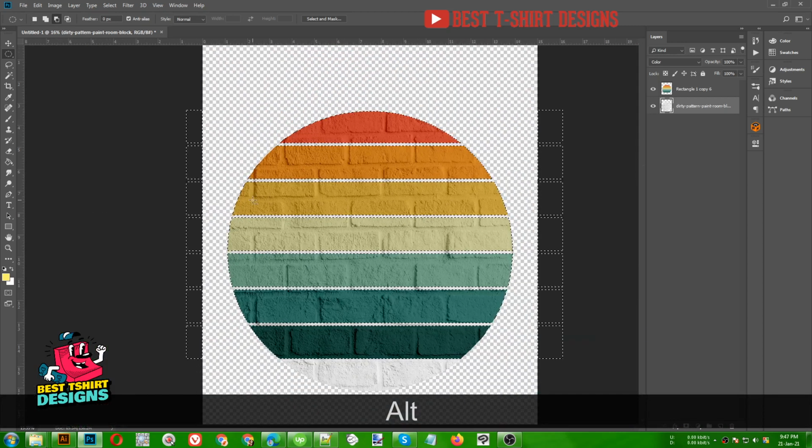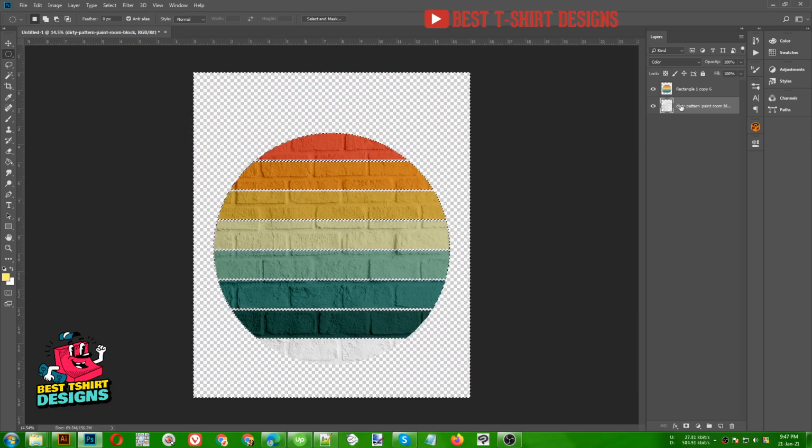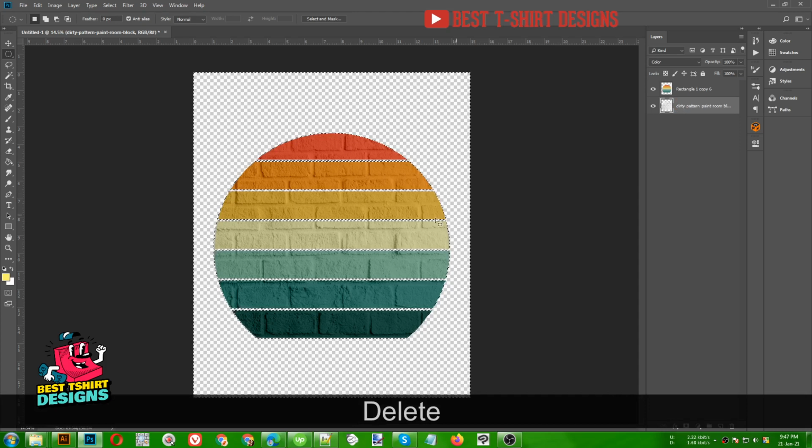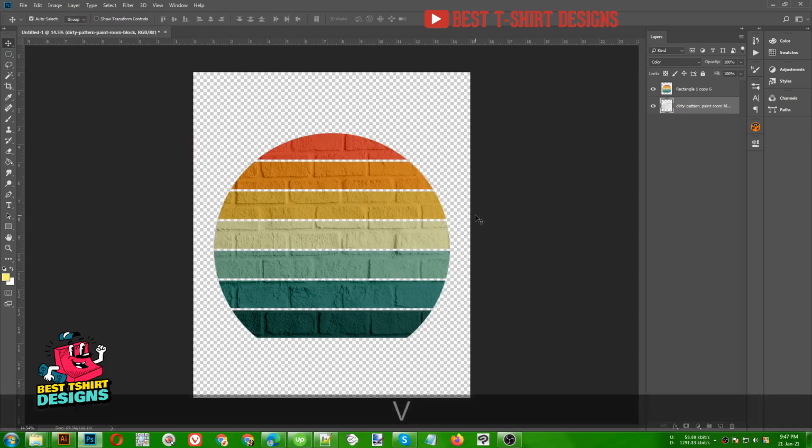So with this selection, I am going to press Ctrl Shift I again, and then click on this layer and press delete. So it is going to delete everything that is outside of my rectangles, and I am just left with a plain sunset effect with the concrete texture just like this.